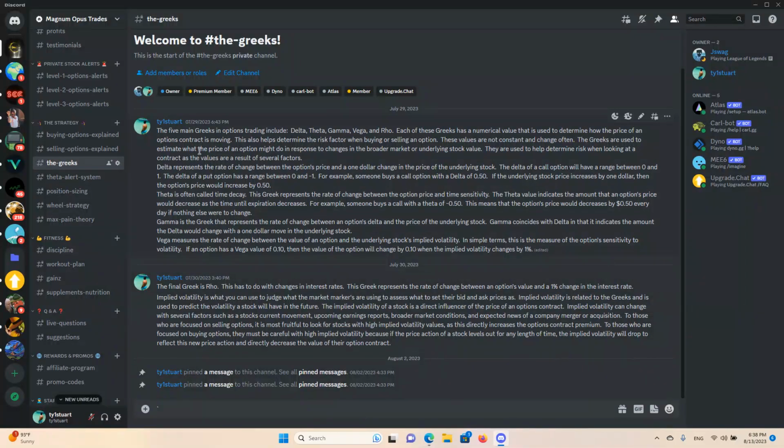All right, guys, so there's five main Greeks in options trading. There are other ones, but these five are the main ones, and they basically have to do with the change of an options contract price as there is a change in the dollar value of the underlying stock, the underlying asset. So you have delta to explain the change in an option when the price of the stock increases or